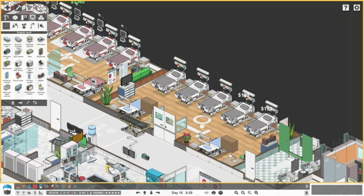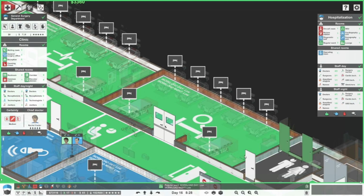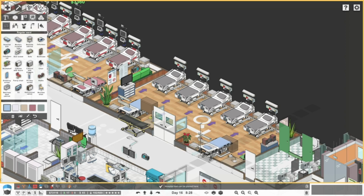There and there. Okay, let's quickly see what else do we have. Oh, both of these. We'll get rid of both of these. We'll actually see what we can squeeze in here now. So let's quickly do that. We'll get rid of these beds. We'll swap them out with the modern beds. But I want to see. Potentially this is going to be...